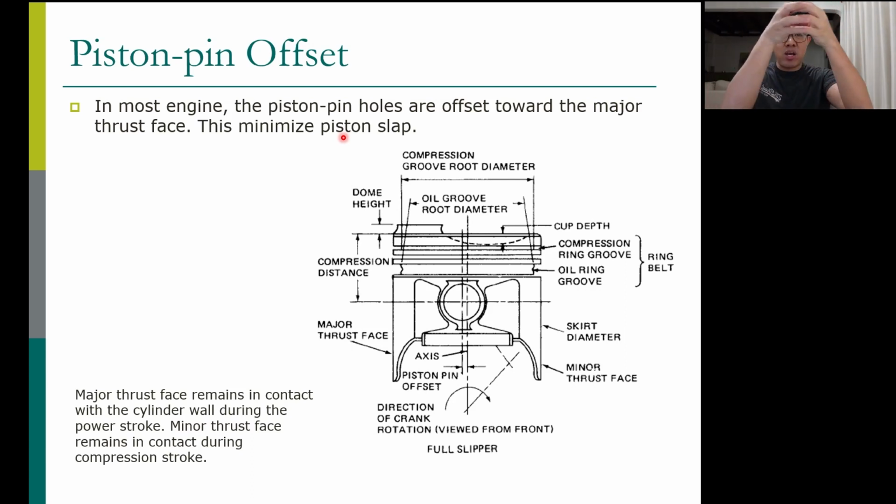It goes up this way, it goes up this way. Now it's tilted a little bit because you have this offset. This offset creates a little moment because the force coming from the chamber is in the middle of the piston. The force from the connecting rod acts at the center of the piston pin. So these two forces create a little moment, a little torque, to tilt the piston up and